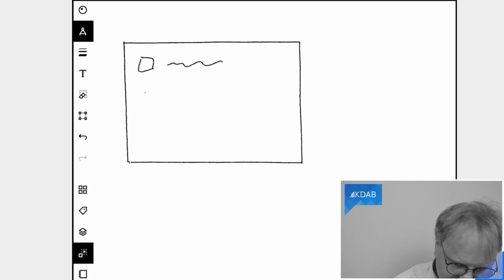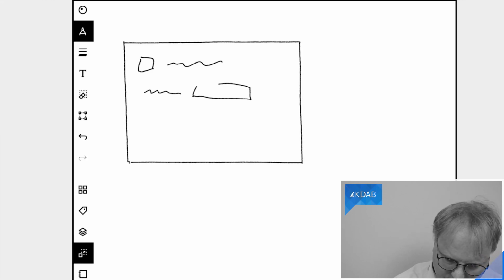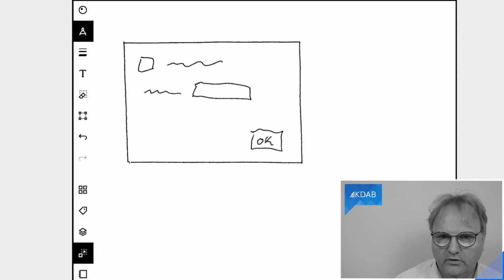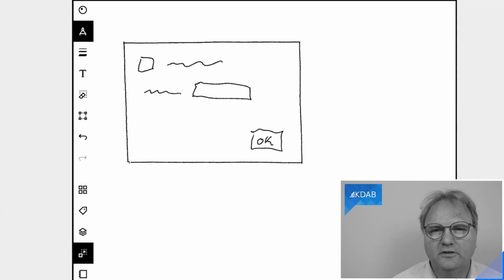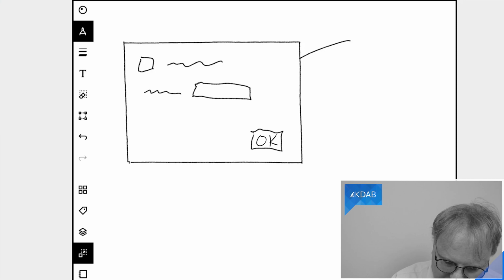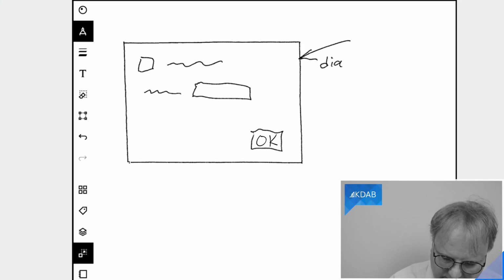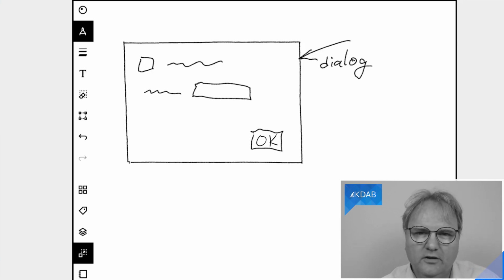Here's a checkbox, here's a QLabel, and a QLineEdit, and obviously it also has an OK button. Sorry, I forgot. My handwriting is so ugly that, well, let me fix it. There we are. And for the whole dialog here, there's a pointer to that. So let's just call that pointer dialog.